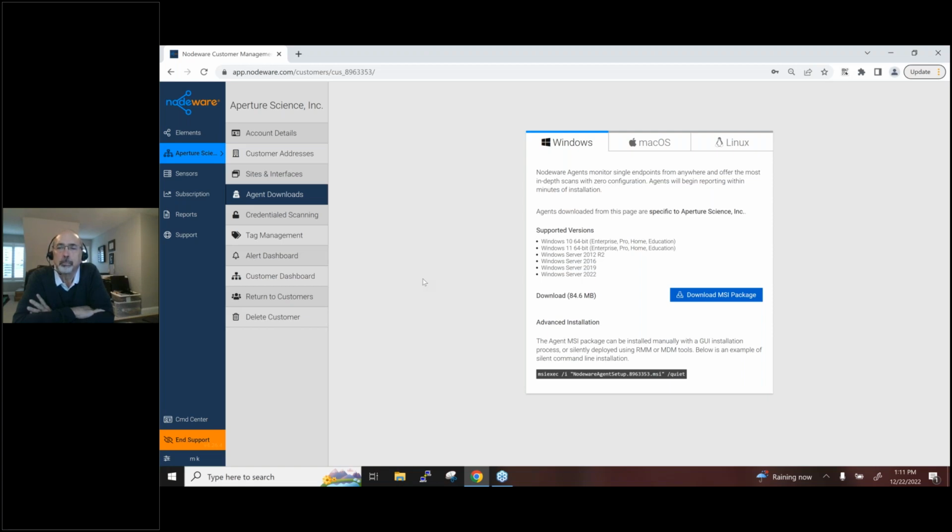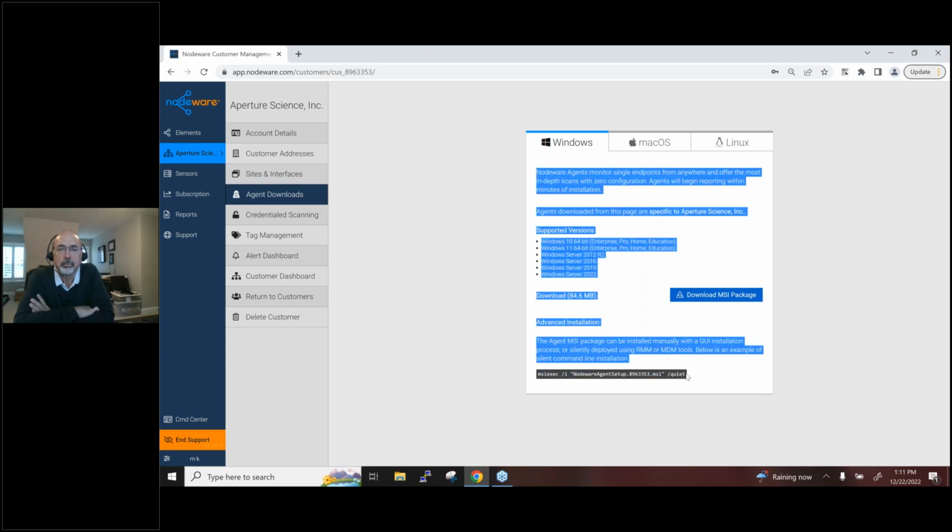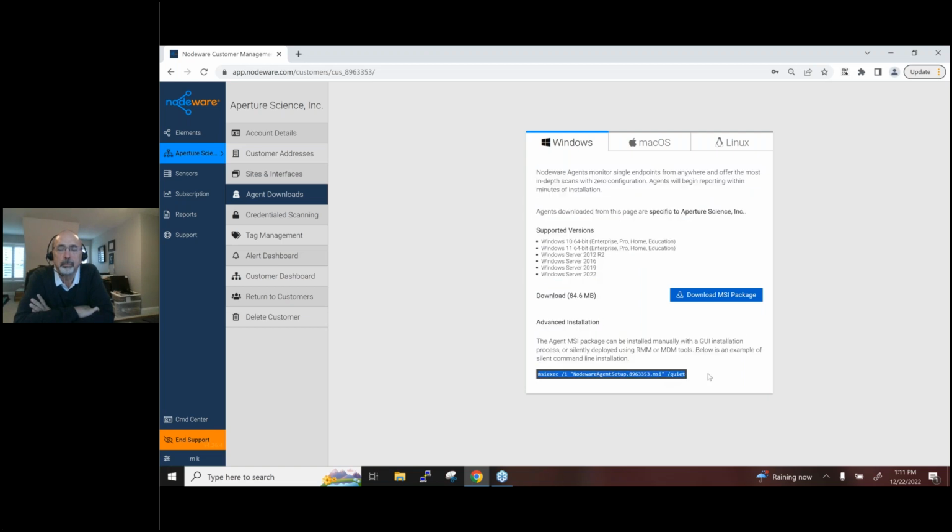The beautiful part about agents, they're credentialed scan by nature. Because you're installing them on the local workstation, you're prompted for administrative rights. It's going to be installed, and it's just a background service that uses less than 3% of CPU utilization. And we also provide down here a script to push these out in bulk. So through any distribution manager, Windows distribution manager or RMM tool, you can push out agents silently in the background to the machines, and it will just run as a service.